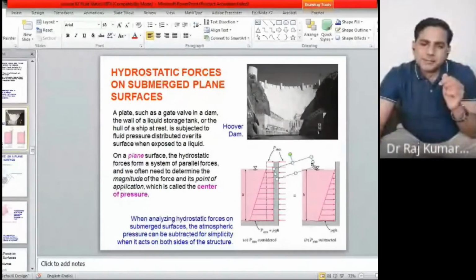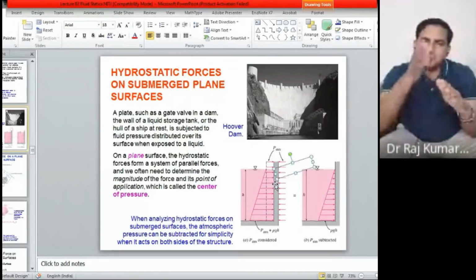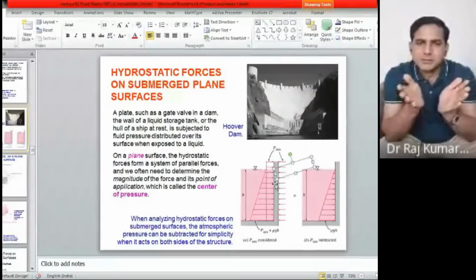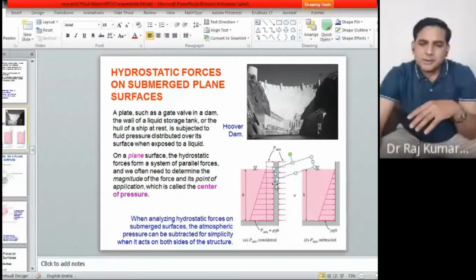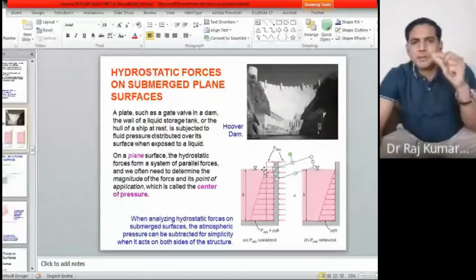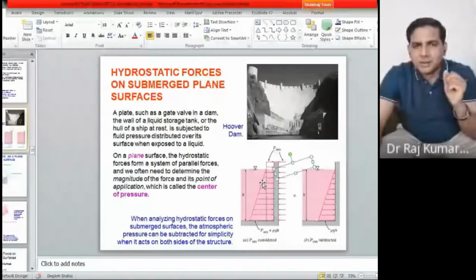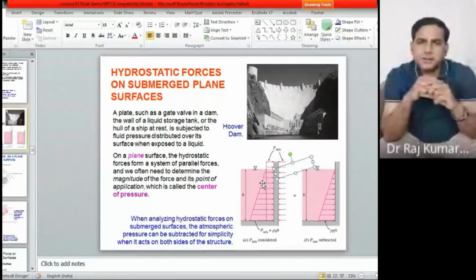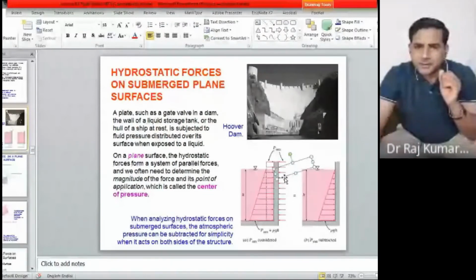So let's say you have considered this differential y, or let's say the pressure intensity is the same. If the pressure is the same over the entire y, you need not integrate. You can just multiply the pressure intensity by A. But it's not happening here. As you go along each y, the pressure magnitude keeps on increasing. So pressure is a function of y. Therefore you put the pressure there as rho g y. The corresponding area for y is this one only, dy into dx. Okay?